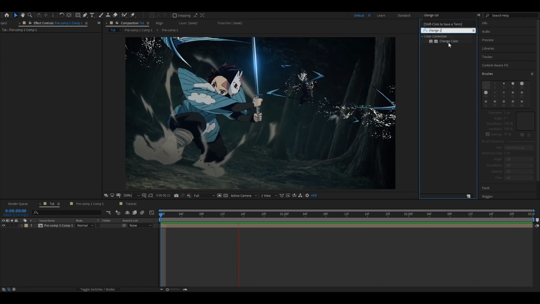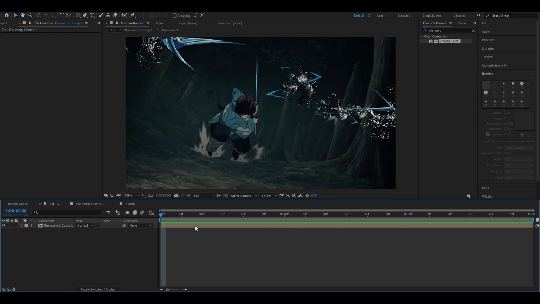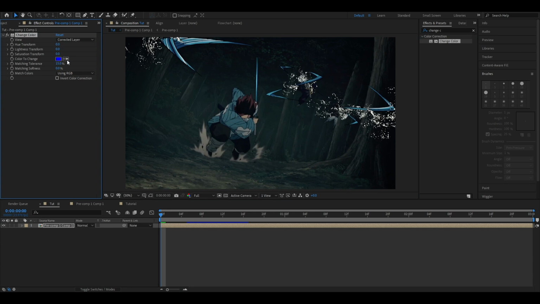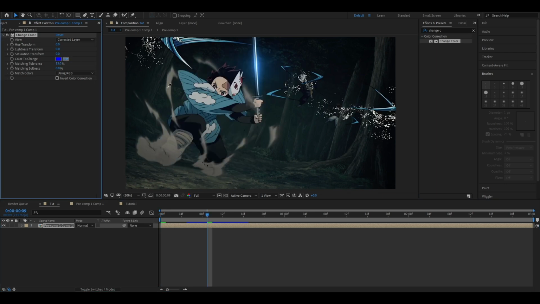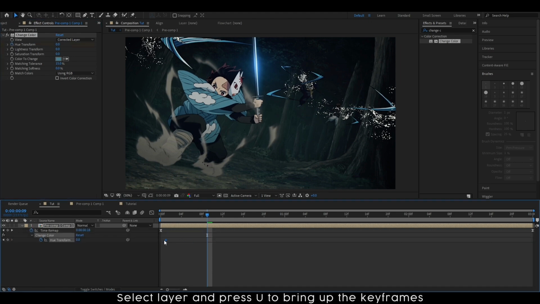So to use this effect, you just add it onto the layer and you select the color you'd like to change. Then you can go to hue transform, keyframe it, and then go to the keyframe, put it to 360 so it does a full spin of the color wheel, and then when you play it back you'll see it changes